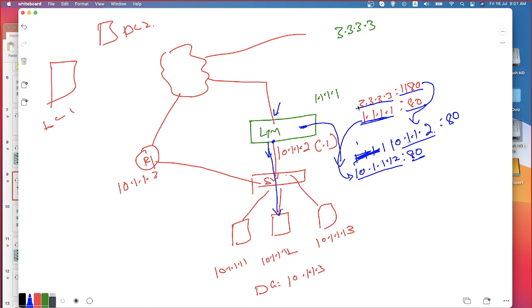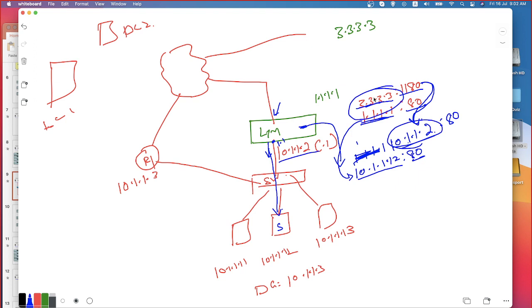Now the source IP address is also going to be translated to the egress interface IP address. In this case, what is my egress interface? The interface with the IP address 10.1.1.2. Now 3.3.3.3 is getting translated to 10.1.1.2. So when the server receives the traffic, it sees that the request is coming from 10.1.1.2, not from 3.3.3.3.